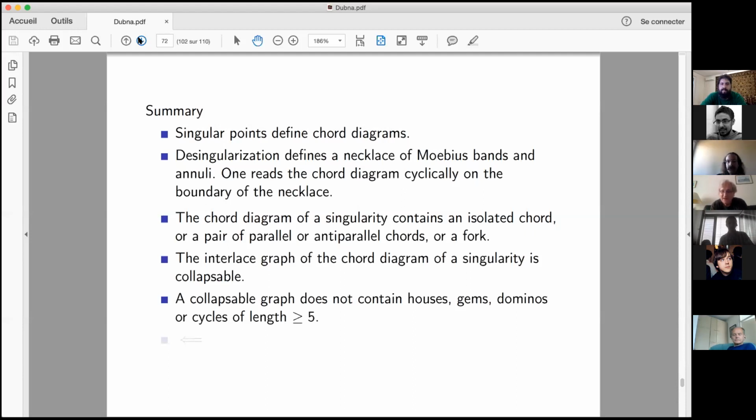It's a complete characterization of those chord diagrams which occur from algebraic curves. So in a way, I think Newton would have loved this theorem because it gives a beautiful topological description of all algebraic curves in the neighborhood of a point. Okay, so I'm finished, but before I finish, let me mention something.